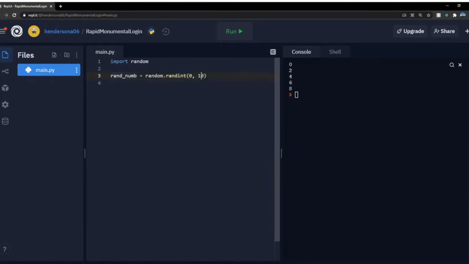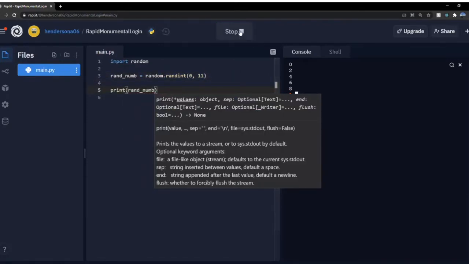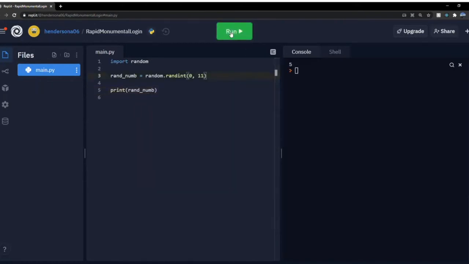10. It doesn't include the top number, because if you remember with our for loops it goes up to but not including, so it'll be a random number from 0 to 9, inclusive. So if you want to do up to 10, just change that to 11. So if we go back, this is just creating a variable, and this is just getting a random number for us. You don't really fully need to understand this, as long as you understand this is getting us a random number here. Okay, and we can print that. We'll print random, and if we hit run, yep, see 9, we'll run that again, 5,